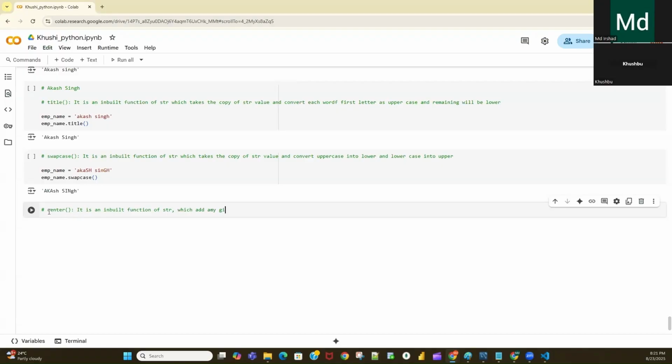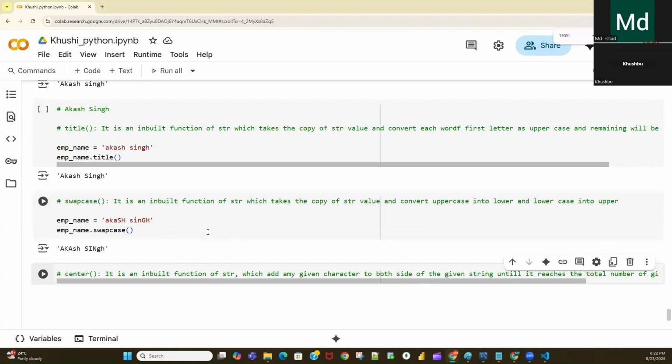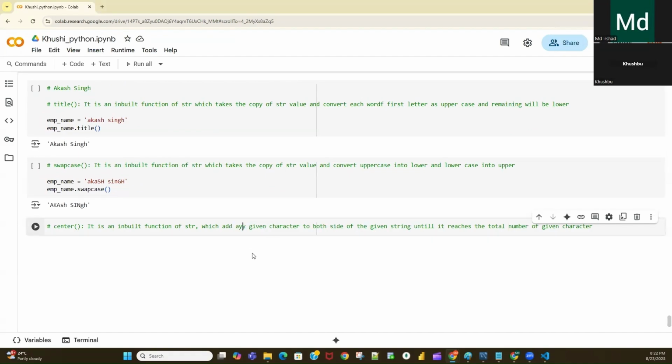It is an inbuilt function of a string which adds any given character to both sides of the given string until it reaches the total number of given characters.